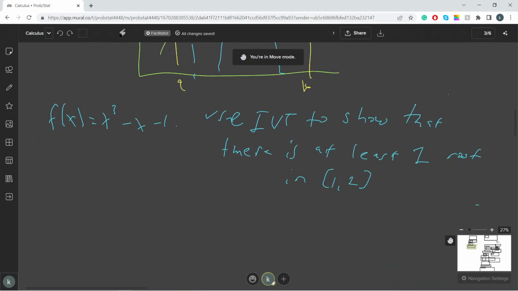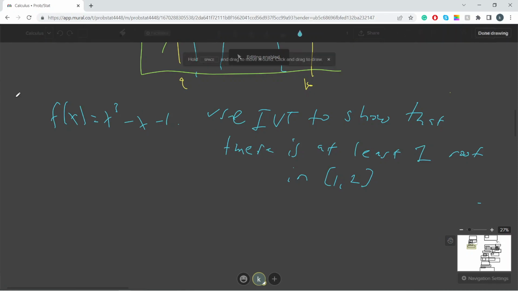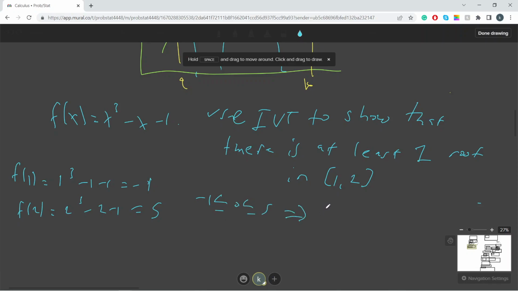Okay, so what are we going to do? We're going to take the value of the function at the endpoints and then see if the IVT applies for our case. So we know f of 1 is 1 cubed minus 1, which is -1. And we know that f of 2 is 2 cubed minus 2 minus 1, which is 5. And since this function is a cubic polynomial, it should be continuous. And because 0 is in between -1 and 5, so -1 less than or equal to 0 less than or equal to 5, it implies that there has to be a c in 1 less than or equal to c less than or equal to 2,